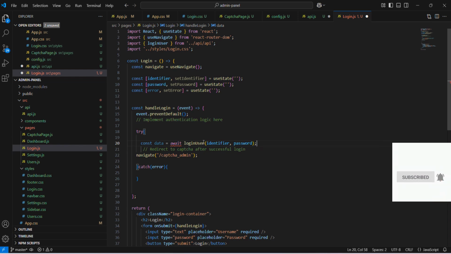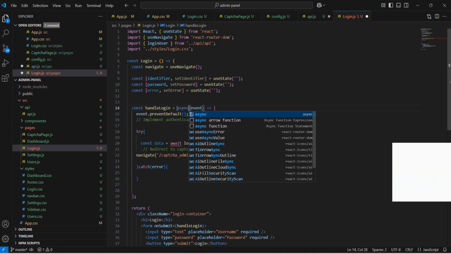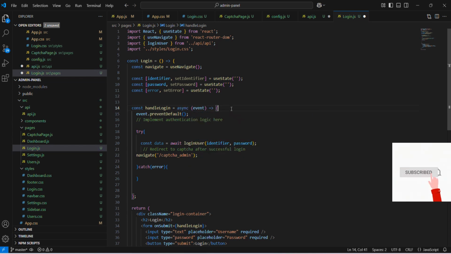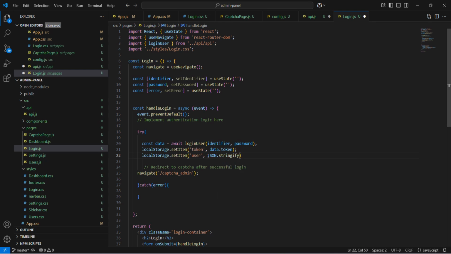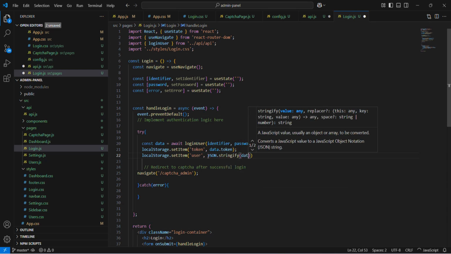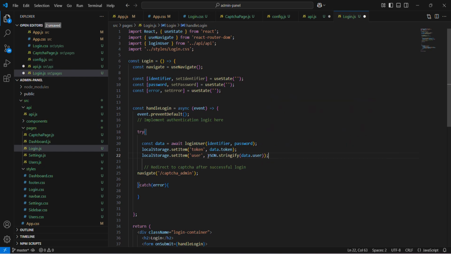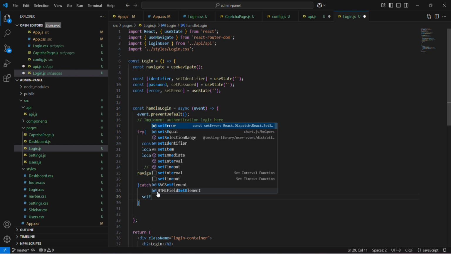Since we need to use await functions, we will make this handle login function asynchronous. Here we will store the token and user in local storage. As briefly discussed in part 16, we will use this token to handle the capture page. Let's move forward. If something goes wrong, the error will be stored in the error state.